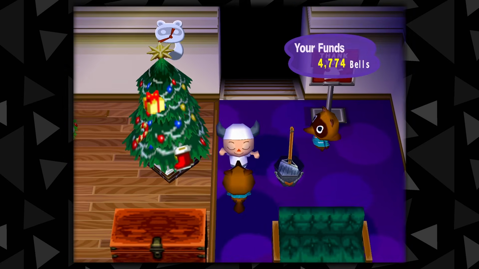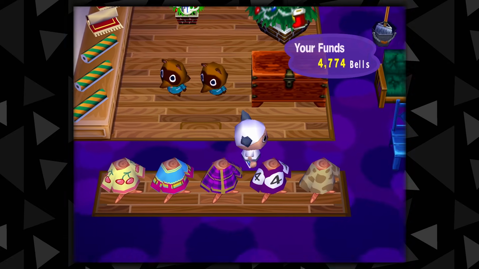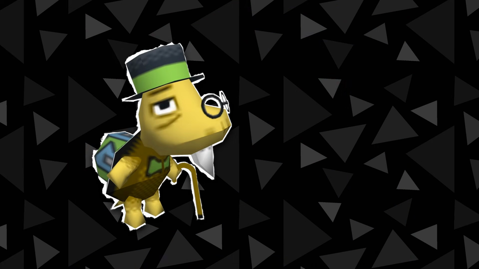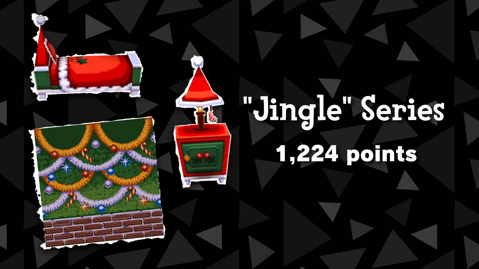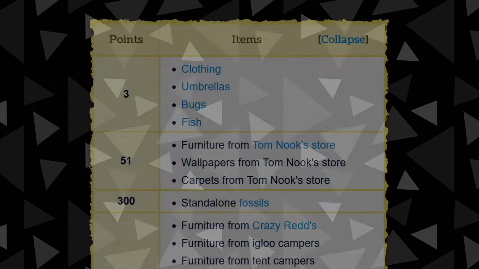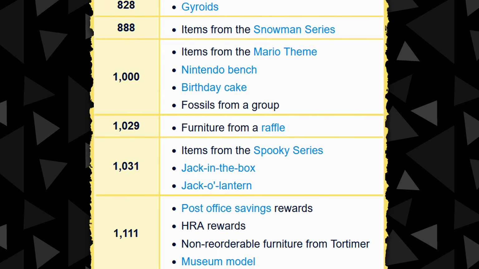See, most furniture you can get from Tom Nook's is only worth a measly 51 points, so utilizing special items like the NES items is crucial to getting a high HRA score. Other high-scoring items include rewards from Tortimer, which are worth 1,111 points, and items from the Jingle series, which are worth 1,224 points, possibly as a reference to Christmas Eve. Anyways, if you're interested in the full list of how many points each item is worth, Nookopedia has a nice